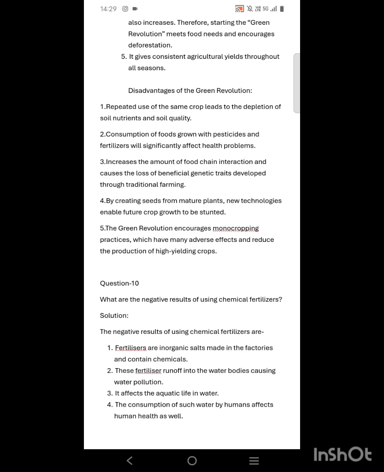Yes, due to the heavy use of chemicals and fertilizers, the fishes are having some health problems, and day by day they are dying. The consumption of such water by humans affects human health as well. It will affect us also, because we are consuming food full of pesticides and fertilizers, and also we are drinking the water that is mixed with the pesticides and fertilizers. Means our whole body is actually constituted with the fertilizers and pesticides,